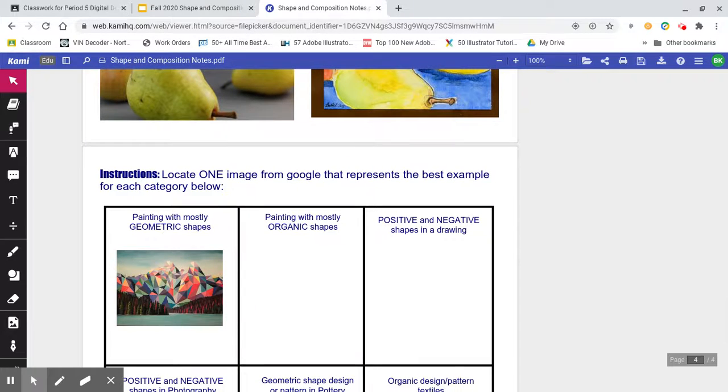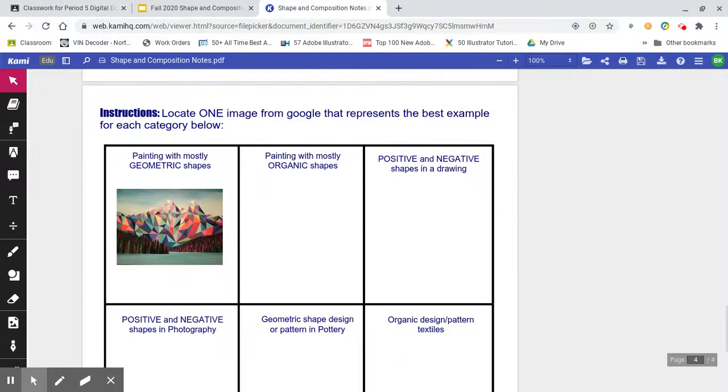So what are you doing to finish this out here? On the last page, instructions, locate one image from Google